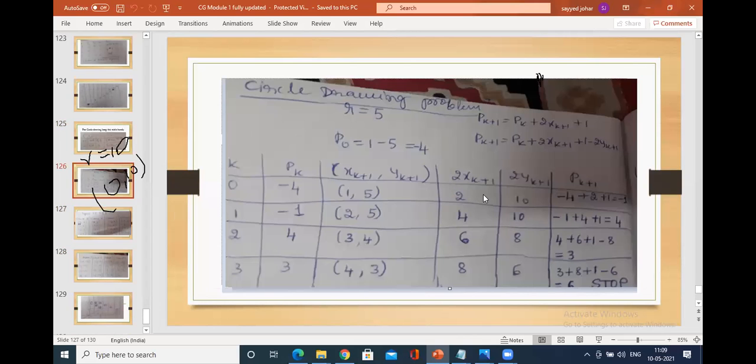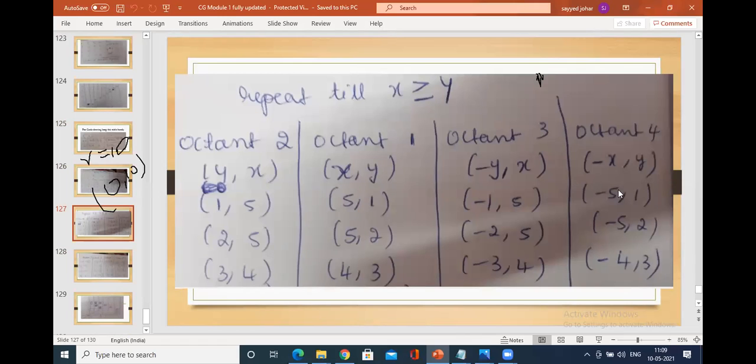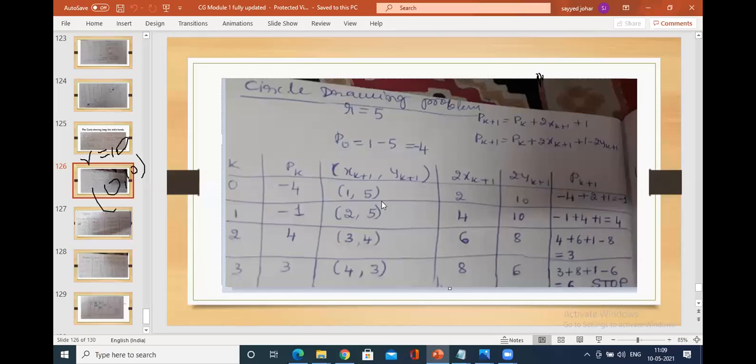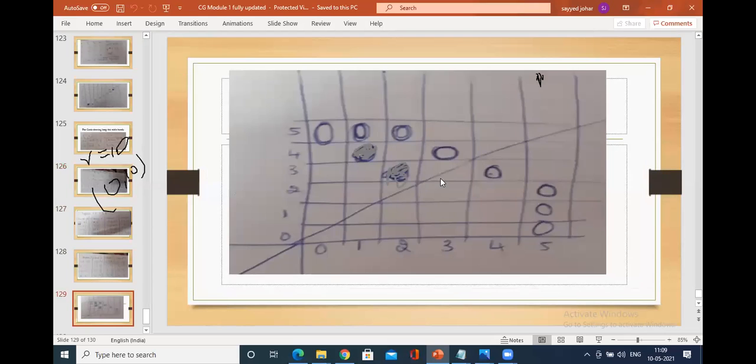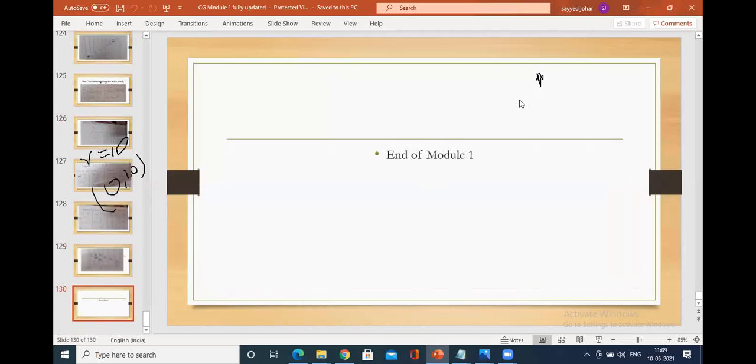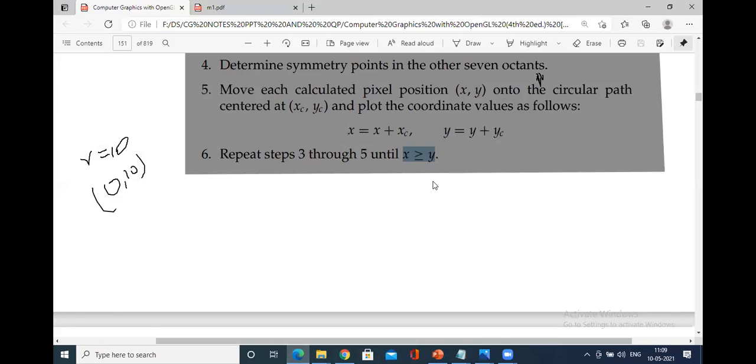Okay, in circle drawing, you have one of the programs to draw a circle using octants. This is what is being used. So initially, if one octant is identified, the rest of the octants are quite easy for you to calculate. This you can review through the PPT, how the circle is being drawn. Okay, and what we have left now is